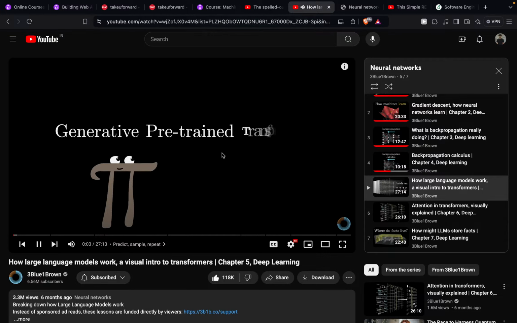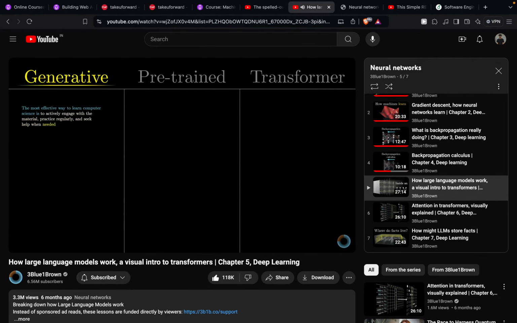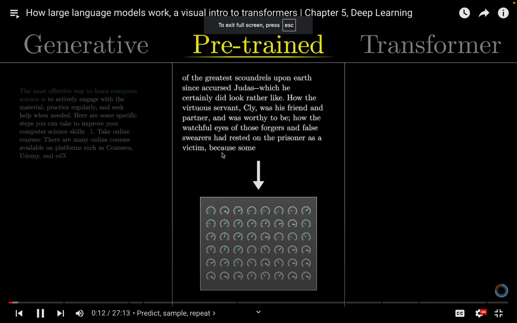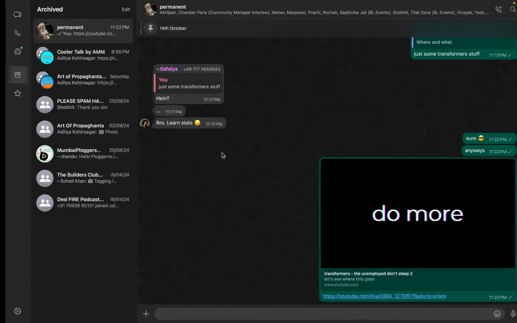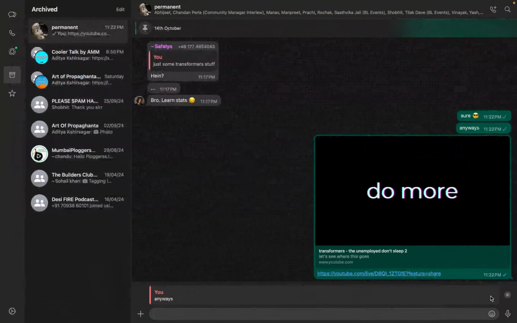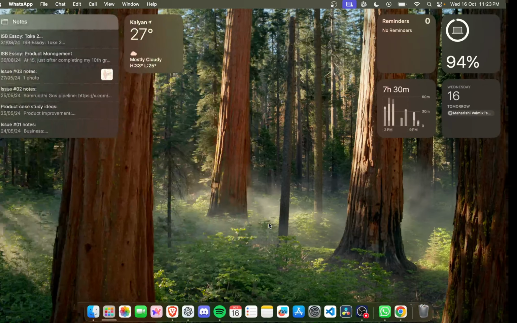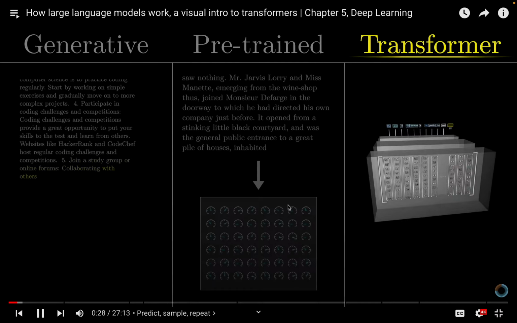Generative pre-trained transformer. So that first word is straightforward enough. These are bots that generate new text. Pre-trained refers to how the model went through a process of learning from a massive amount of data, and the prefix insinuates that there's more room to fine-tune it on specific tasks with additional training. But the last word, that's the real key piece. A transformer is a specific kind of neural network, a machine learning model, and it's the core invention underlying the